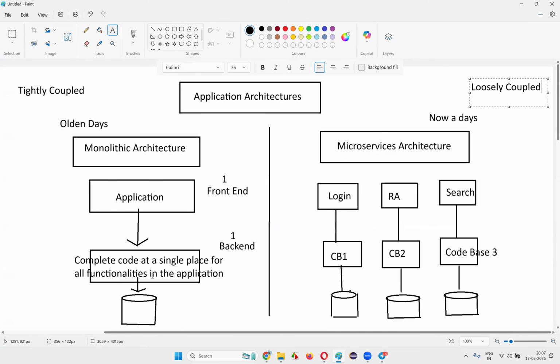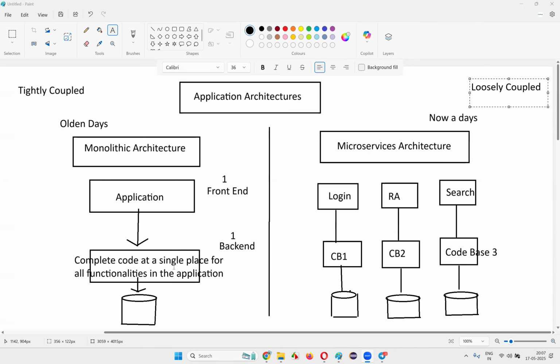Is there a possibility that register account related code may get affected? As side effects may come into the register account functionality, yes or no? When the developers are working on or fixing the code on the login functionality, side effects may come into the register account, right? It may produce some side effects in other functionalities in case of tightly coupled monolithic